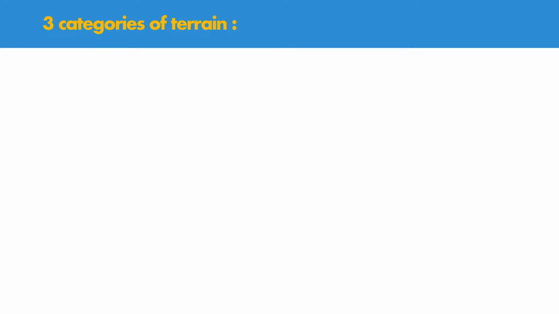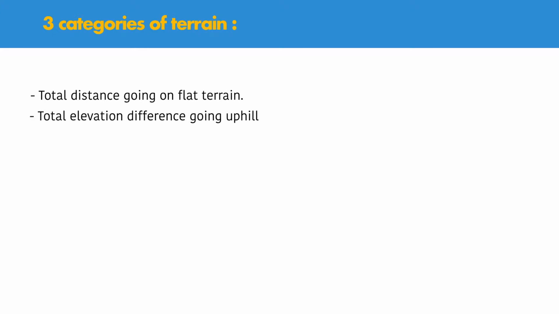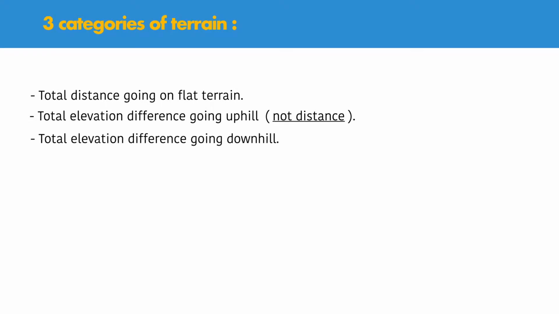Because your speed going on flat terrain differs from your speed going uphill or downhill. Now that you know your total distance going on flat terrain, and total elevation difference, not distance, going uphill and total elevation difference going downhill, all you have to do is apply this formula, which is